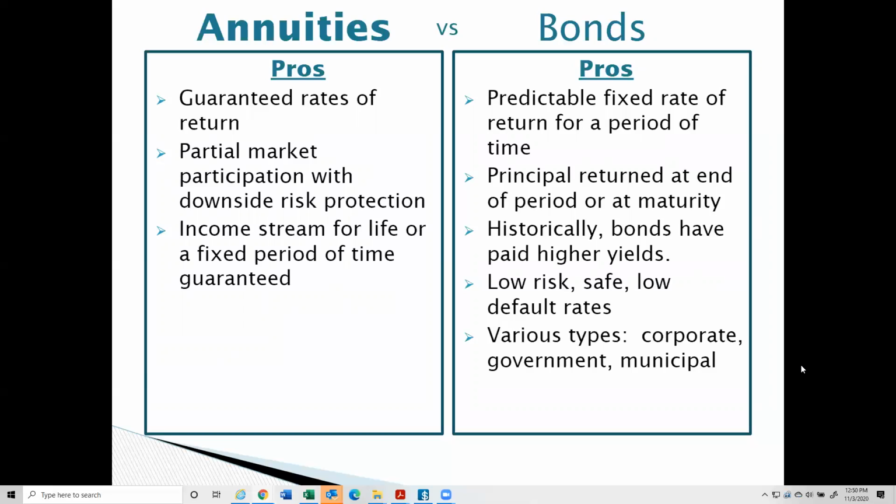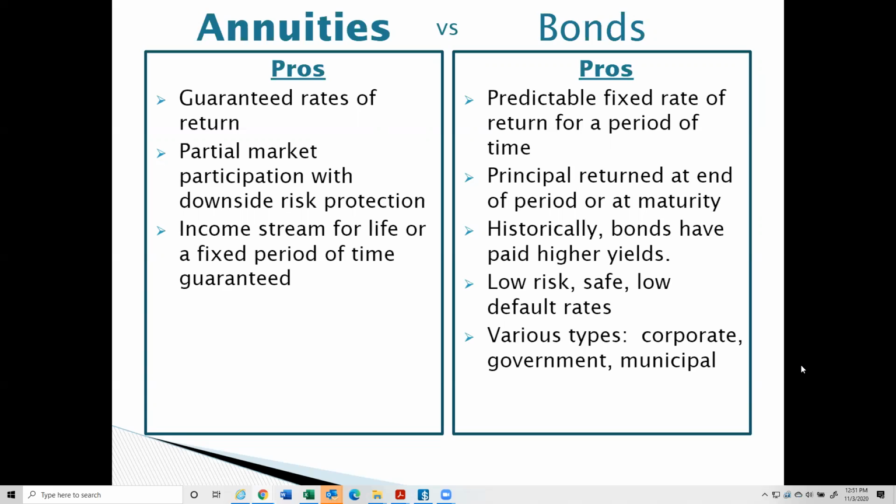With bonds, you also can go out and buy bonds with a fixed rate of return, a 4% bond over a 10-year period. Or you can buy a 3-year bond or a 2-year bond or a 10-year bond or a 30-year bond. So you can find bonds that have fixed rates of return. At the end of those terms, when the bond matures, the principal is returned. And then you have to go out and reinvest into another bond and find the appropriate time period.